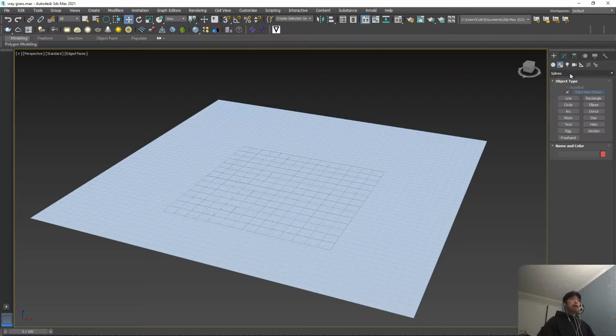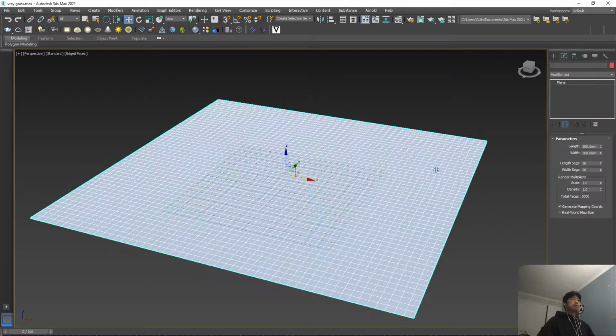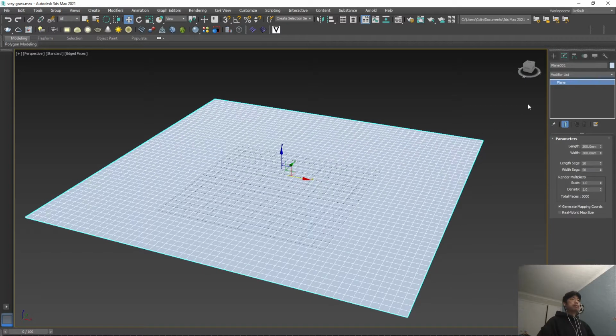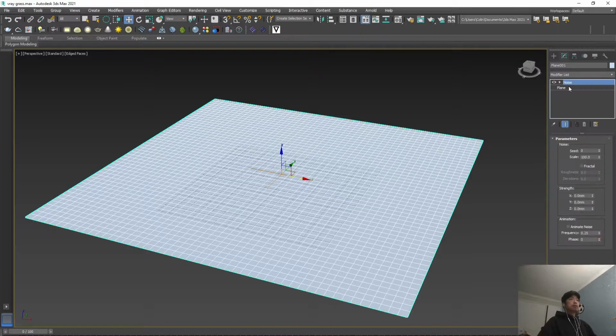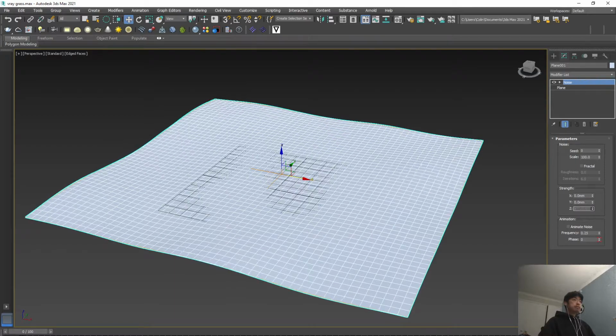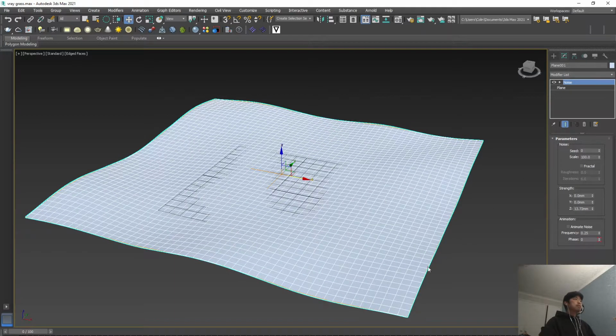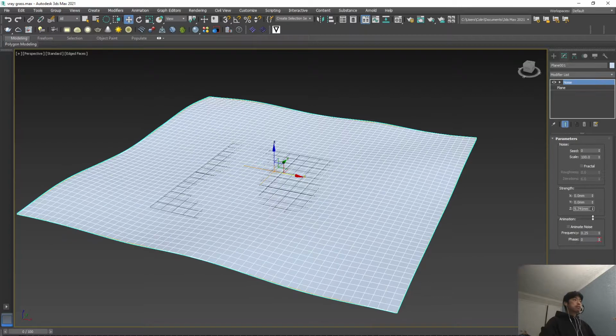Next we'll click on our viewport and plane and then add a modifier called Noise, and then we'll change the Z value to give it a bit of curvature. And then once that's done,